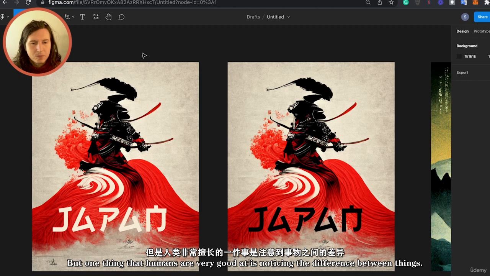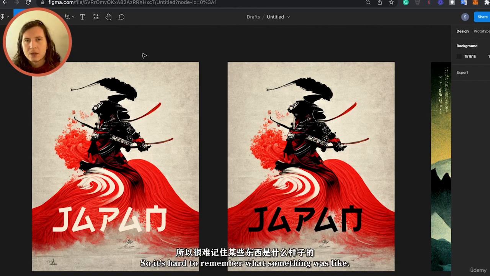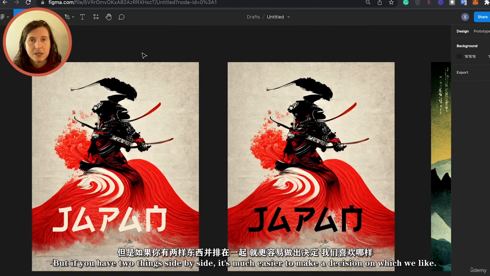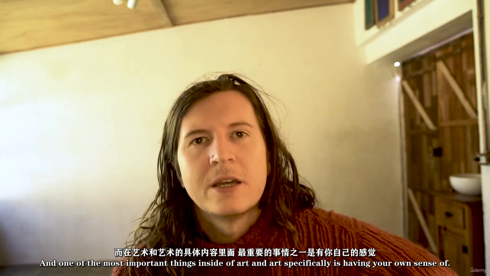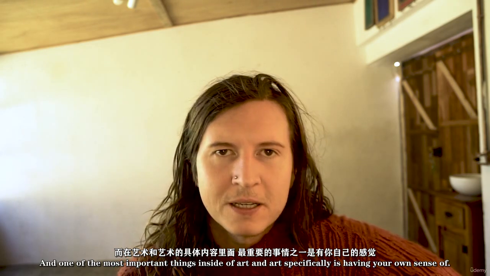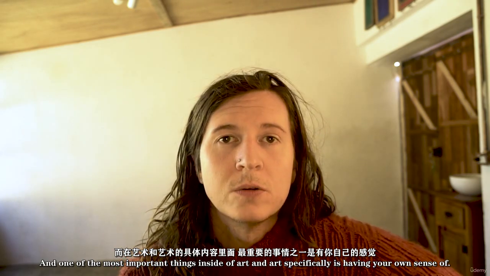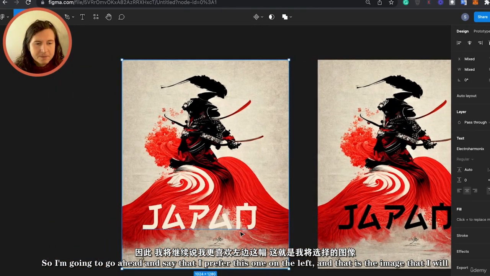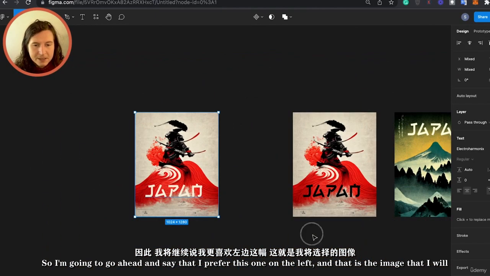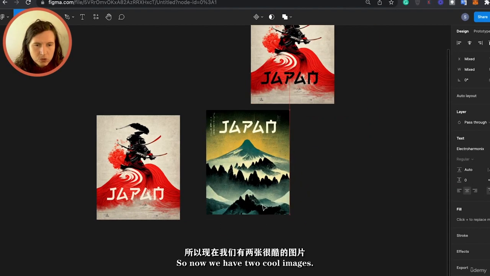But one thing that humans are very good at is noticing the difference between things. So it's hard to remember what something was like, but if you have two things side by side, it's much easier to make a decision on which we like. And one of the most important things inside of art, and AI art specifically, is having your own sense of taste. So I'm going to go ahead and say that I prefer this one on the left. And that is the image that I will select. So now we have two cool